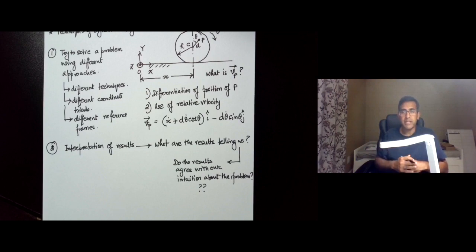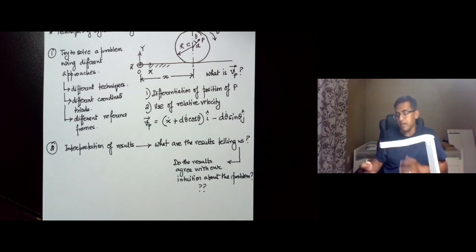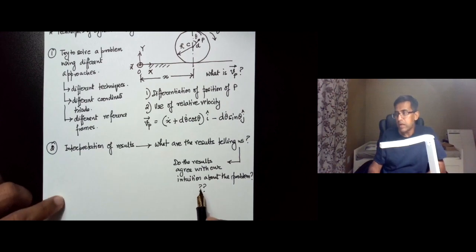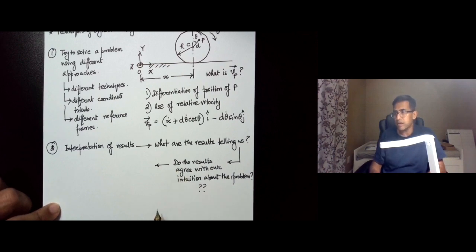Especially in dynamics and especially in rigid body dynamics, where motions can get really complicated because of the way different coordinates interact with each other, even for a single rigid body. So that's why I put this question mark, because intuition can sometimes fail us. So what do we do then if intuition can fail us? Well,